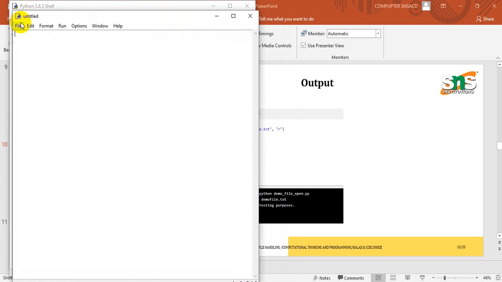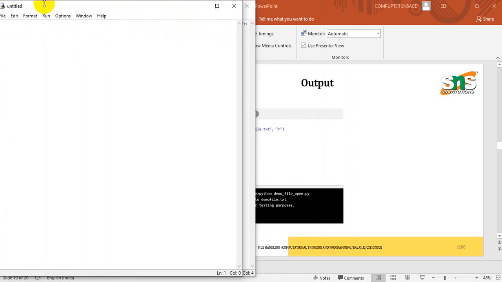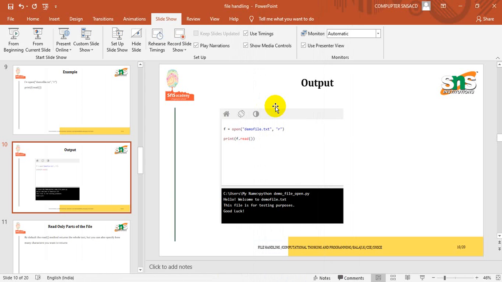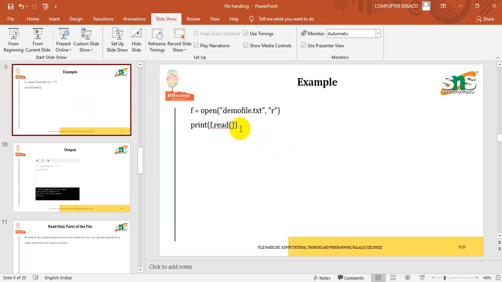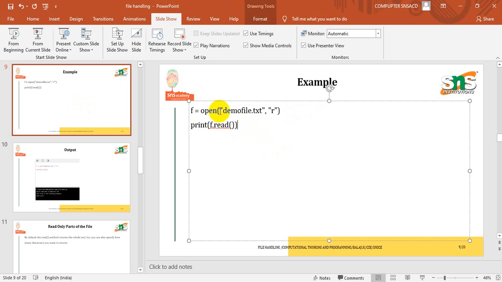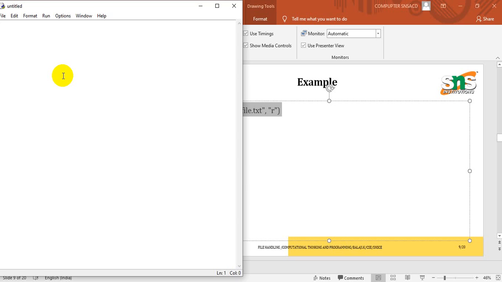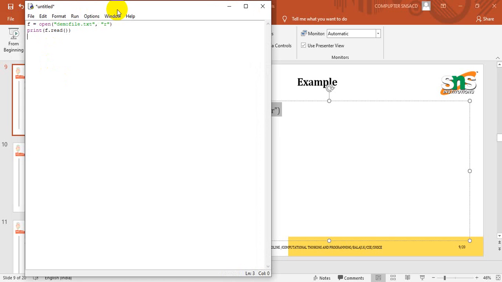In the first step of this program, we have created a text file, right? I want to run this file. Here it is f equal to open demo file.txt in r mode, right? I'm copying this into the empty file.